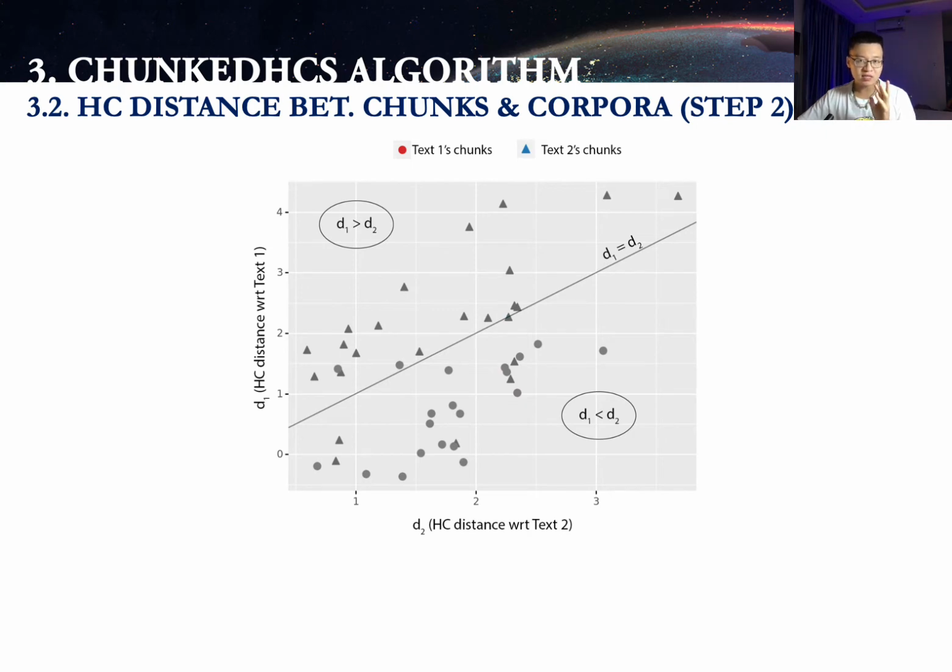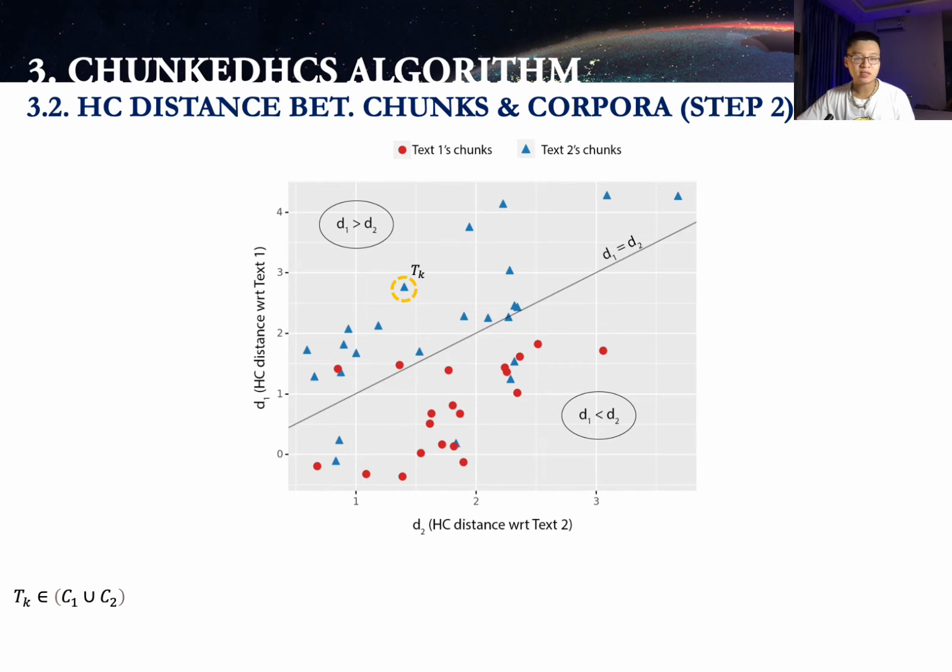Now, we have individual chunks of each of text 1 and text 2. Let's say, in this case, text 1 is in red, text 2 in blue. Altogether they are placed in this 2D coordinate, and I'm going to explain why those individual chunks are placed in those positions. TK is an individual chunk in this case. You can see the yellow circle here. This individual chunk is the text chunk, TK.